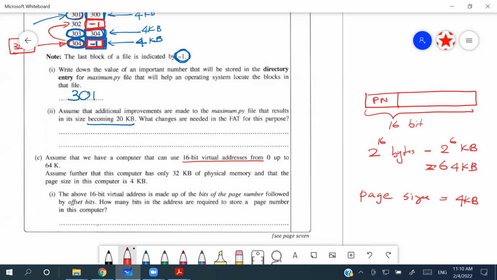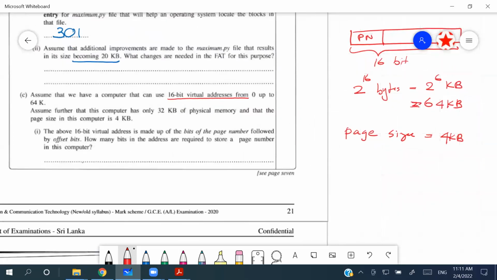Or else you can find the number of bits in the offset and subtract it from 16, then you will find the page number. You can go with both approaches. The lazy approach is, since the page size is given as 4 KB, we can take